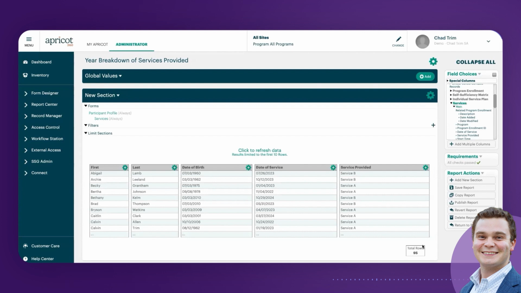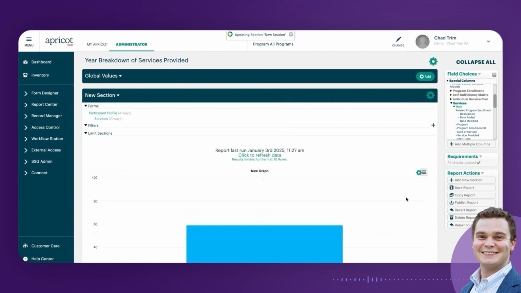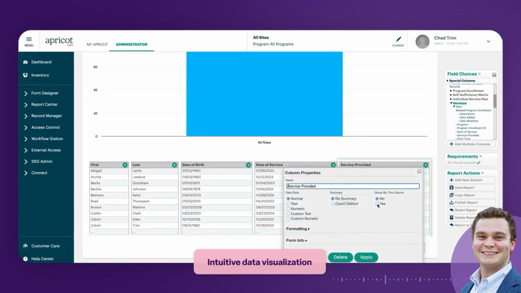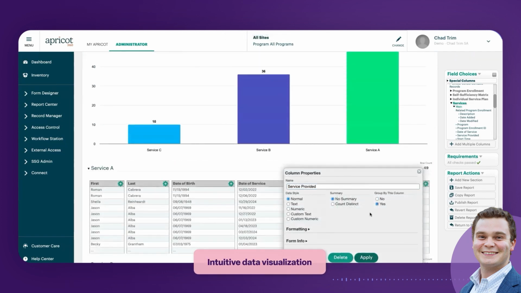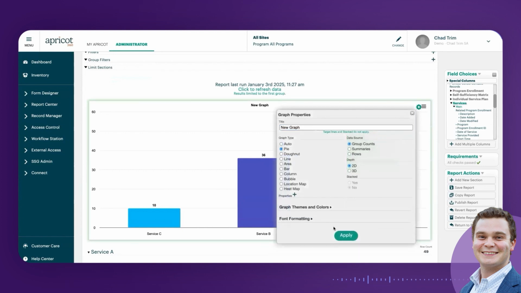Sometimes you might be building a report that you just purely want the information listed out here, but oftentimes you'll need a visualization to go along with it. Once I put it in graphic format, the system will always put it in the graph that it thinks makes most sense, depending on what I'm grouping by. It's giving me a breakdown of services provided here in a column format, but that's really easy to change as well. So if I'd rather see it as a pie graph